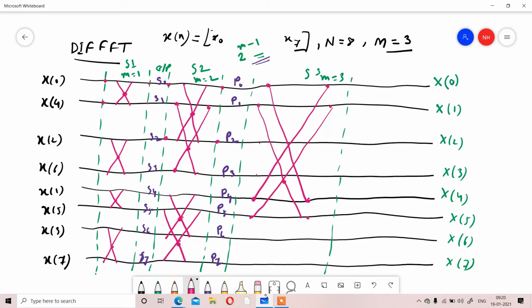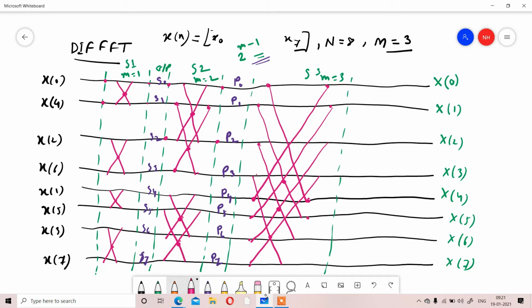P1 with P5. P2 with P6. P2 will be connected to P6 and P3 will be connected to P7. So in that way you have to design your butterfly, and after that what you need to do, simply you